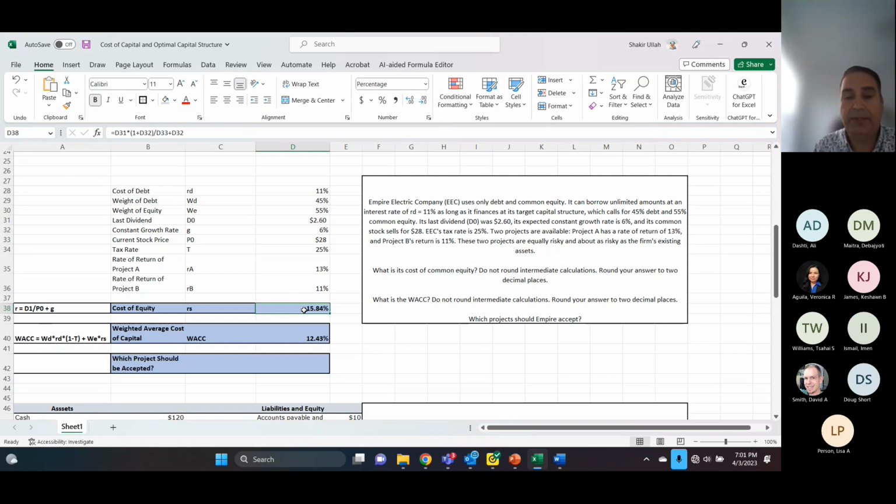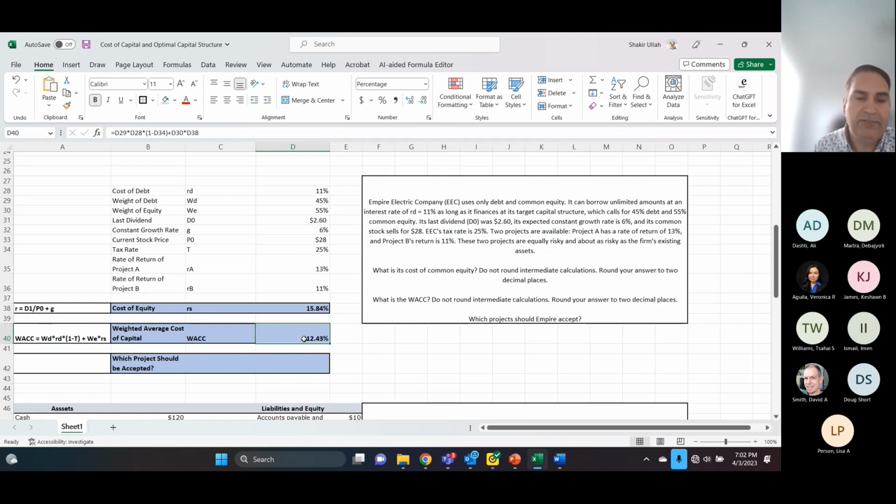So equity for this company is very expensive. The reason is that equity holders are taking a lot more risk, and they expect a higher return. But when we use a combination of debt and equity, one component is expensive, but the other component is cheaper. Then, when we calculate the rate based on the weights given and the rates given, the weighted average cost of capital is between these two values. So that comes out to be